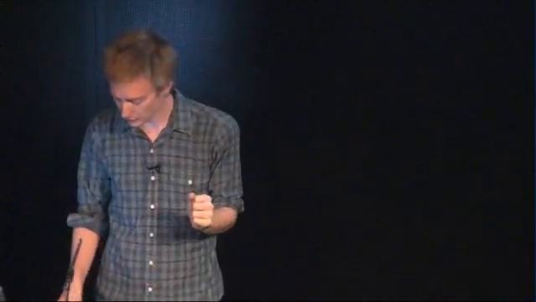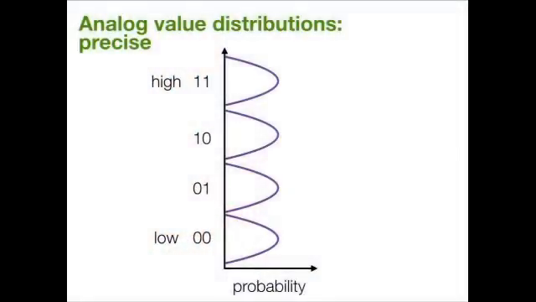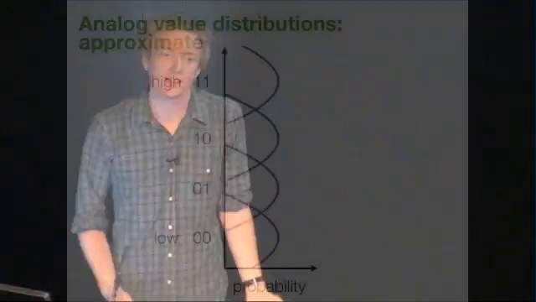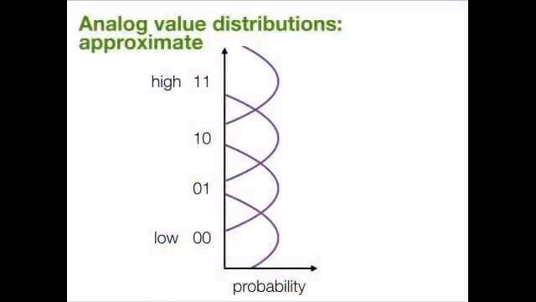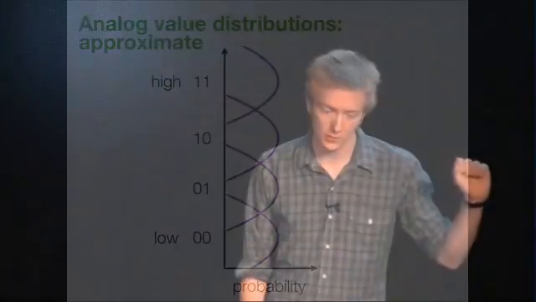Another way of putting that, let's change this graph a little bit to show the actual probability distributions, is that here's some probability densities for how writes might go in a precise cell. That is, these cartoon probability distributions are showing a zero or negligible overlap in the probability distributions when you're trying to write each of these levels to the cell. And what we're trying to do with approximate storage is to say, well, we'll allow things to be slightly more distributed from the correct ideal analog value so that those probability distributions actually overlap by a non-negligible amount. And that means that writes can go quite a bit faster while allowing a little bit of level confusion among those values.